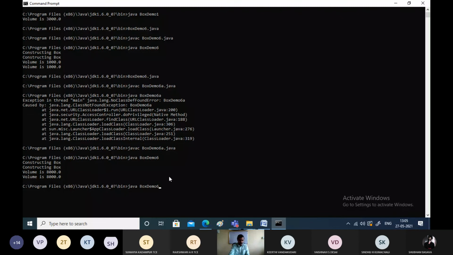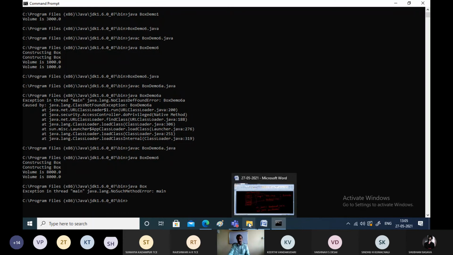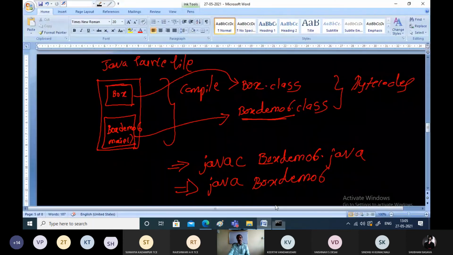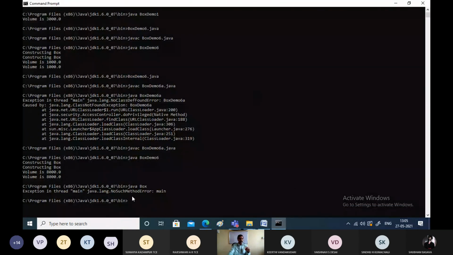Now I'll show you the other part also. Whenever you give only Box, see here, as I said, whenever we compile a Java source file, we will get two bytecodes because it is having two classes. One is with the name Box.class, another one is with the name BoxDemo6.class. Two bytecodes have been created. Now when I give java BoxDemo6 for this interpreter, it is working fine.